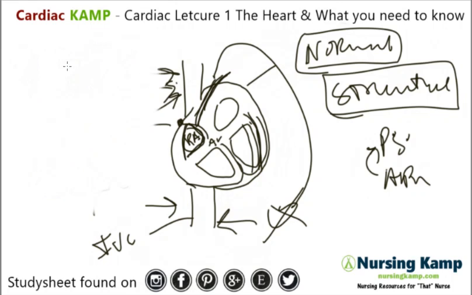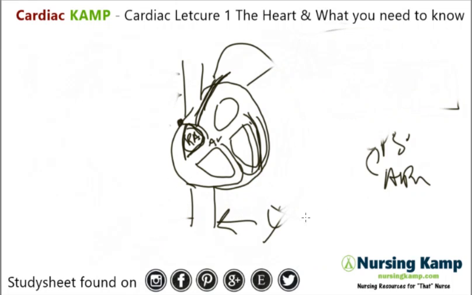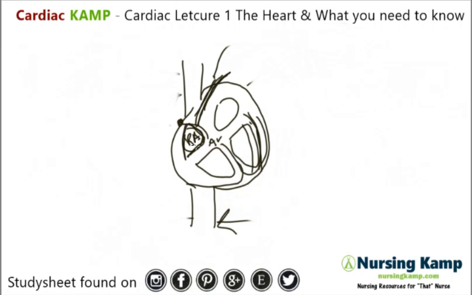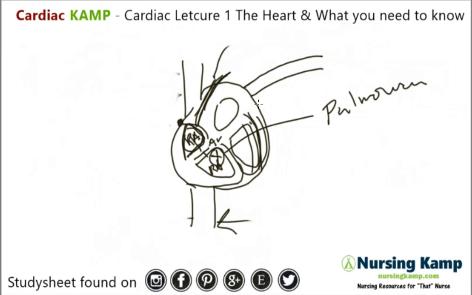Now, the right atrium then contracts from the SA node because of electricity and conductivity. And what happens is that it goes through this first valve. And that first valve is the tricuspid valve. Once it goes through the tricuspid valve, it goes into the right ventricle. Then the ventricle will contract, and it's going to go through the pulmonic valve. Then it's going to go through the pulmonary arteries, where the magic happens, right, over to